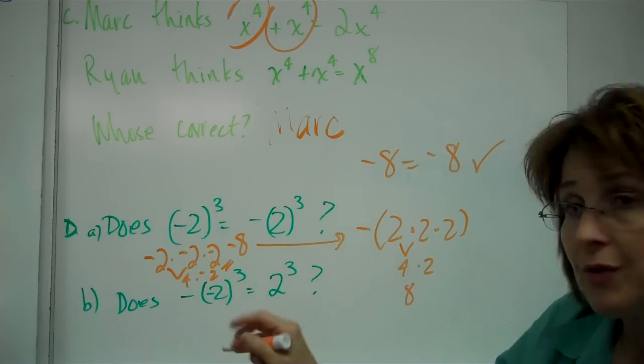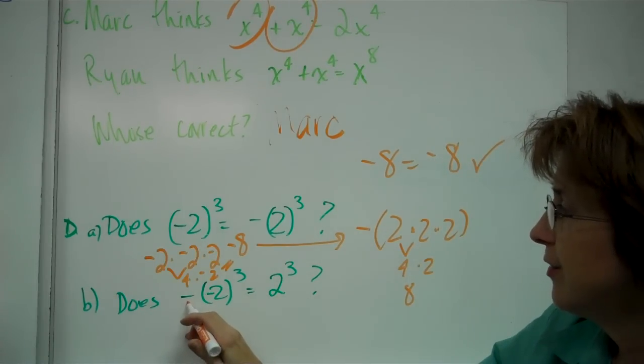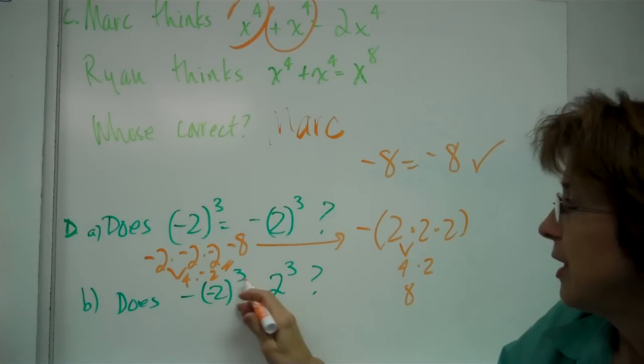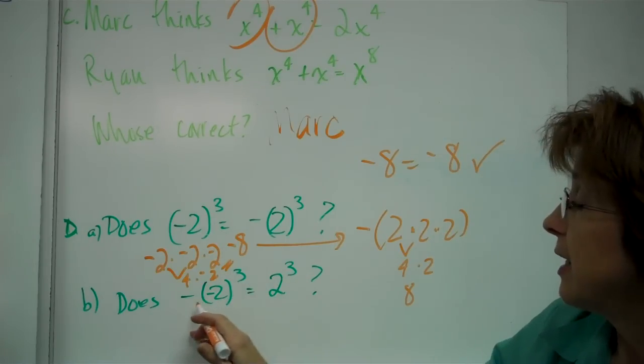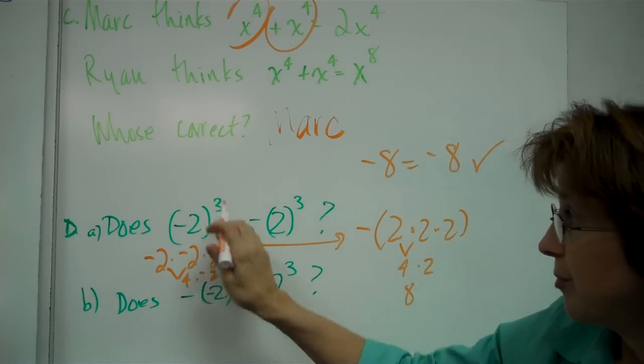Okay? Now we'll do another one. Does the opposite of negative 2 cubed equal 2 cubed? Let's see. This is the opposite of what we just did up here, because that's the same